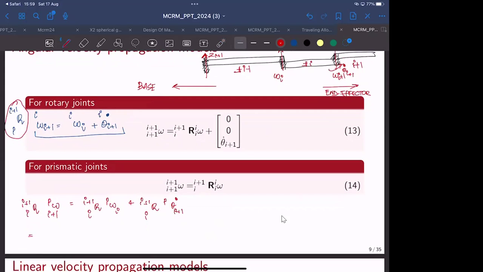So you can write this as, if you multiply this thing out, you will get I plus 1 omega I plus 1. This would be I plus 1 Ri plus